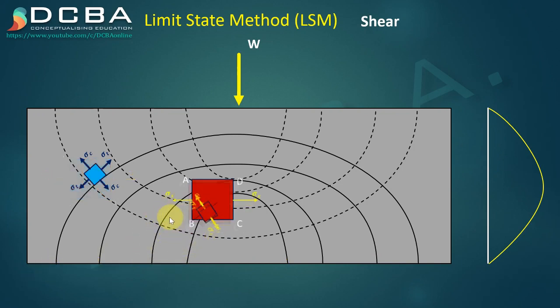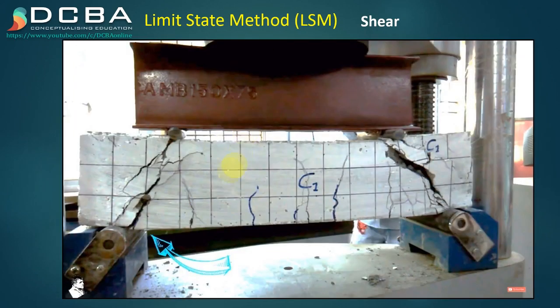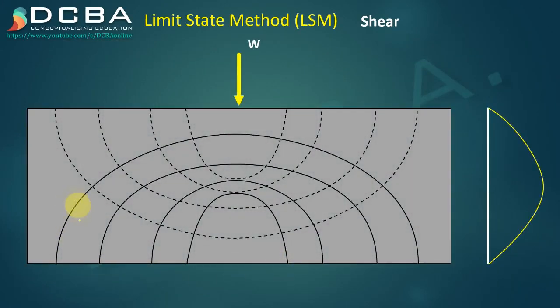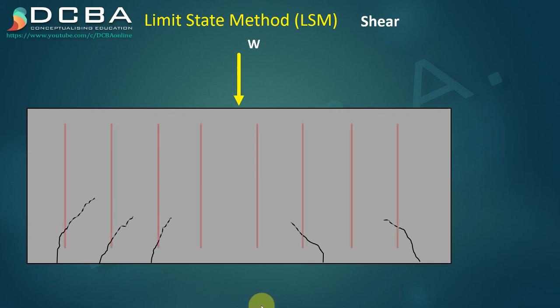But as we move to some other place, that is here, if you see now the crack is almost horizontal. So now the angle has become 90 degrees. So you can see in this image how the cracks are forming. They start as vertical, and then they propagate into the body of the member. To stop these cracks from propagating further, what we have to do is provide shear reinforcements so that the crack will stop there itself. It won't go further.